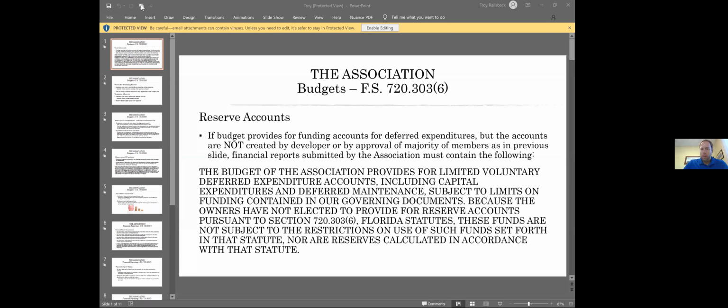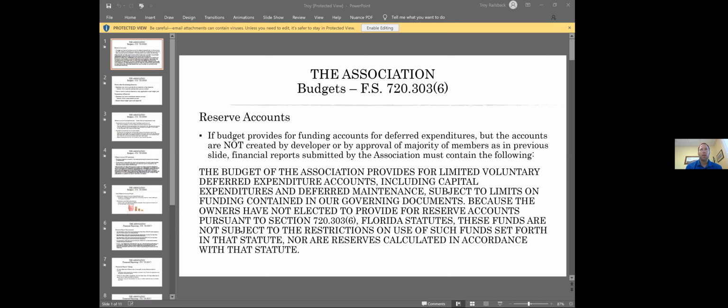So we are here to talk about one of the fun parts of your fiduciary responsibility. First, I just want to say, with Southern States Management Group, we've been in business for over 30 years, and I've been doing this for 11, almost 12 years now. And one of the things that every board member should always recognize is there is an element of this role as a board member that should be taken very seriously.